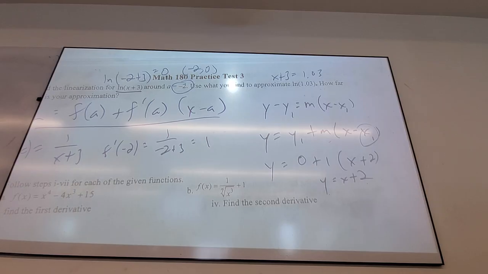Would you all agree that x plus 2 is a much nicer function than the natural log of x plus 3? Yes. Would you all agree that a computer would probably be able to crunch 1 billion of these much faster than 1 billion of those? Do you all understand what I'm saying? Even if you don't know much about computers, do you all agree that evaluating natural logs probably involves more work on the computer's part? Okay.